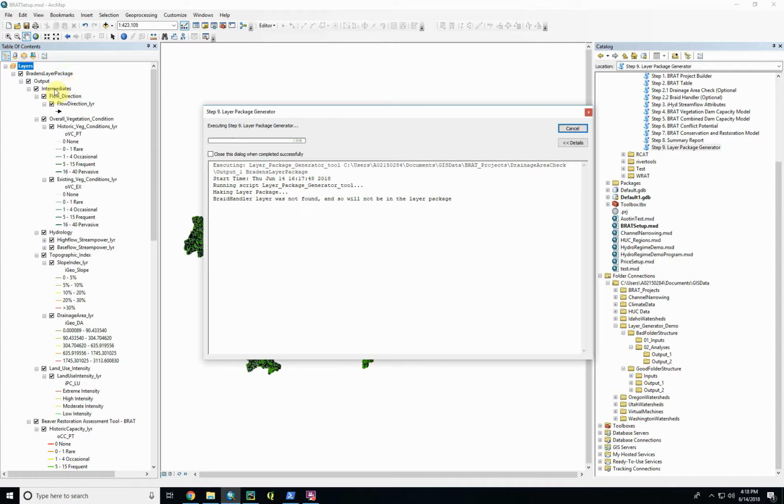So, let's say that you had two layer packages out here, and they both had an intermediates layer within them. The layer package generator might be confused about which one it needs to add flow direction to, or the vegetation condition layer, or something like that, and it might mess up. So to get around that, you're going to want to clear the table of contents of every layer package before running the layer package generator, just to make sure that you don't run into any sort of confusion or